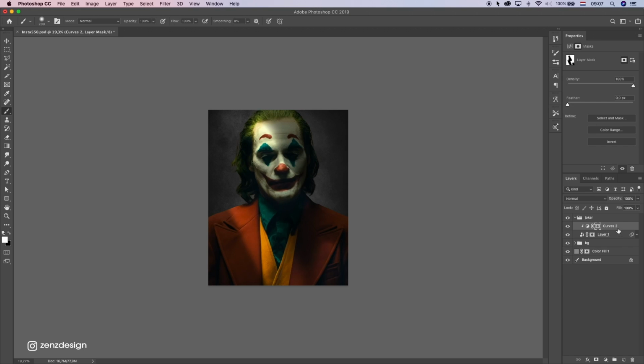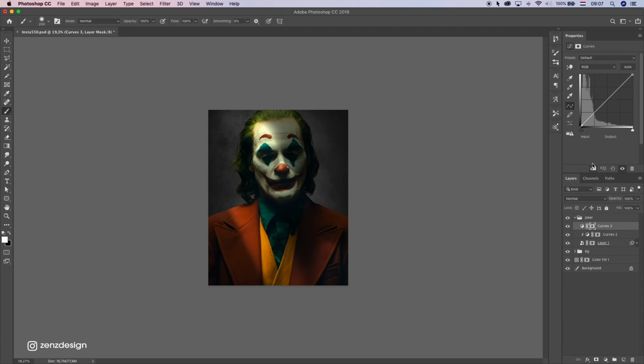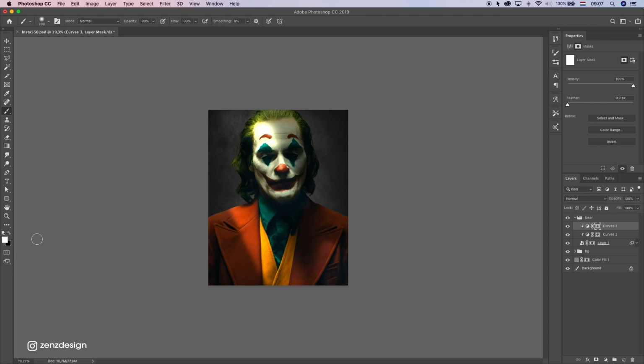All right, that is fine for now, and let's create a new curves layer on top of it. And we're gonna make this lighter. Now let's select the curves layer and make sure you have black here. Press D on your keyboard if you don't have black, and press Command Control Backspace to remove it again.